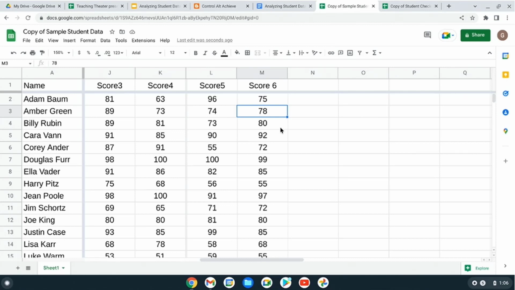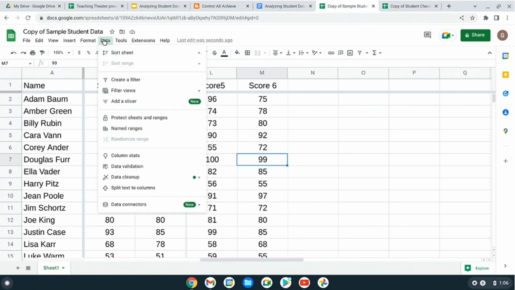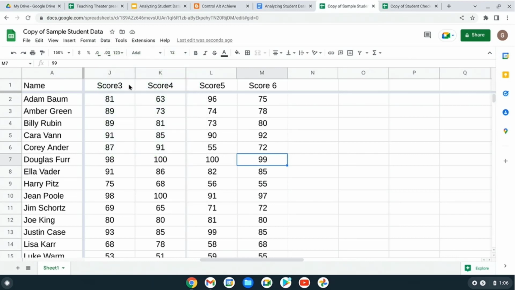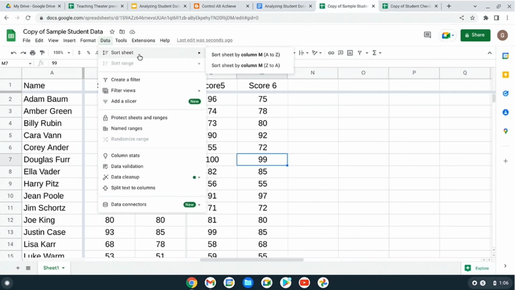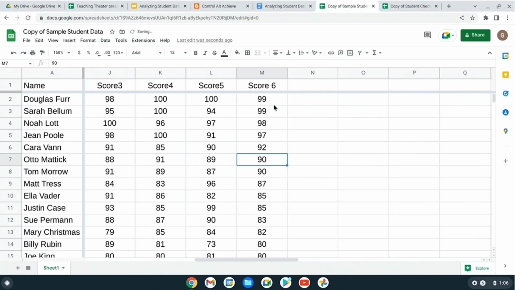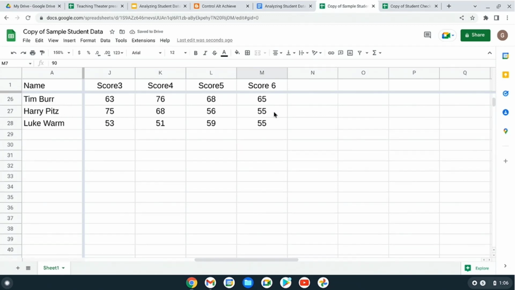If you're just sorting by one criteria, it's so easy to do. As long as you click inside of that column, somewhere in the column, and then go up to your data menu, you'll see in the data menu there's a sort sheet option. And in there it says, do you want to sort the entire sheet by column M? I sure do. From A to Z or Z to A? Oh, let's do from Z to A, high to low. Well, now I've got the highest scores at the top and the lowest scores at the bottom, and it has